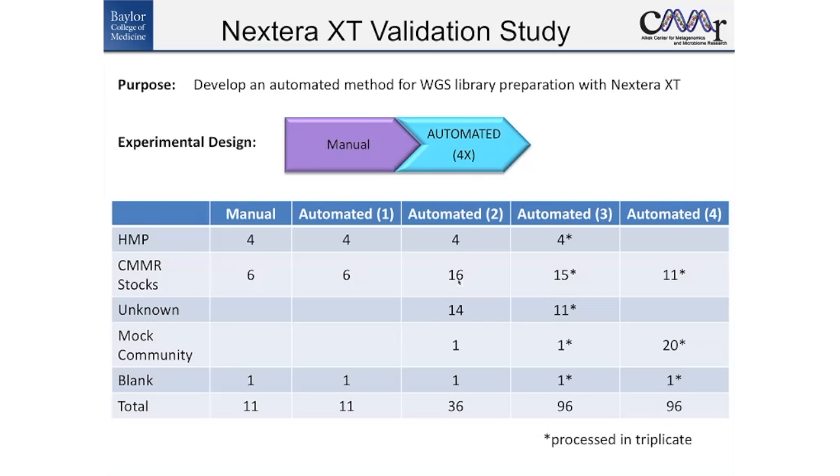And so if you look down and you say, well, 11 samples, that's not very high throughput, and that is true. We figured baby steps first. So we ramped that up a bit, adding 16 samples from our stocks. But more importantly, for a validation study, we added blinded samples, which we obtained from Rick Piles and Aaron Miller down at UTMB. And then we sequenced those and then obtained the sequence key from them after the study was run. And the other thing that we did was we added a mock community so we can get closer to